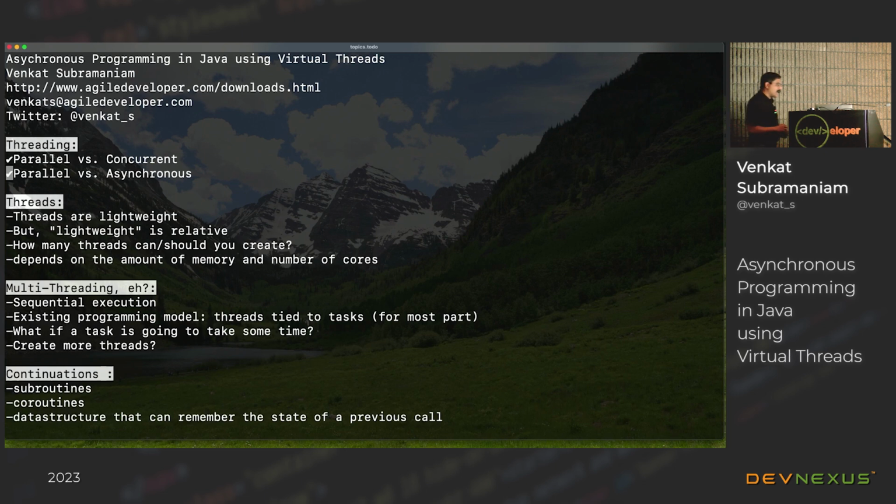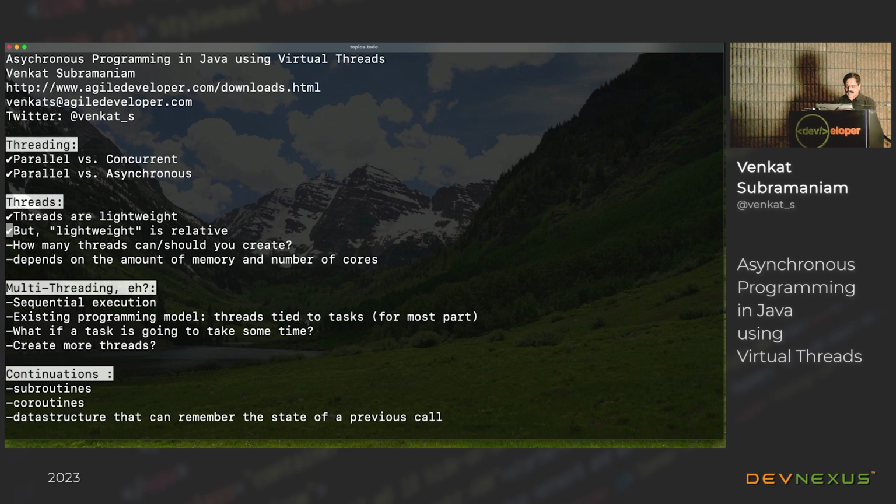But having said that, how do threads actually work in Java? Well, first of all, threads are considered to be lightweight. But the problem is, the word lightweight is very relative. It's kind of like saying a child is lightweight. Well, sure, a child is lightweight, and maybe 2 years later, the child is a little bit heavier, but that doesn't mean you cannot lift the child. The child is a little heavier, but it's really relative, right? So that's what lightweight is.